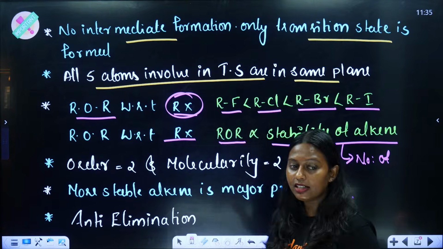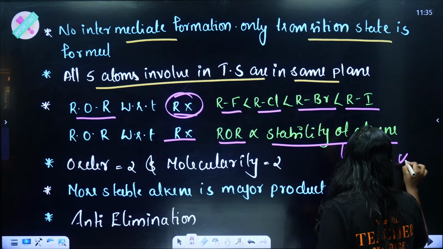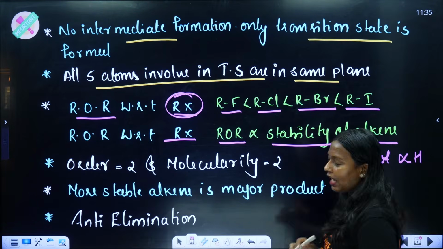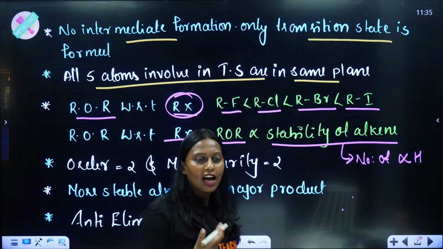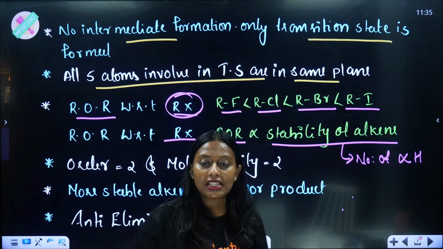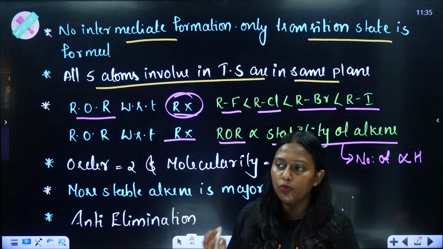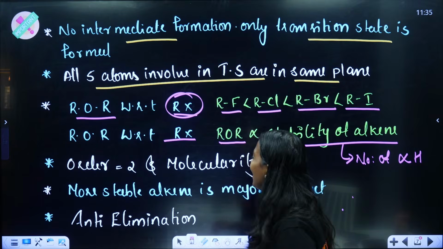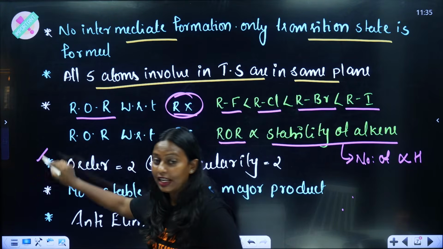So I will tell you guys, that is alpha hydrogen. Number of alpha hydrogen we will consider. If the number of alpha hydrogen is more, it is more stable. Okay, next is